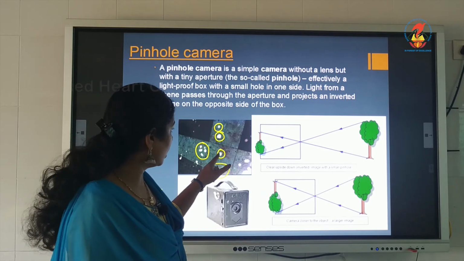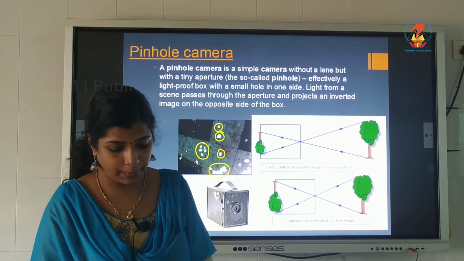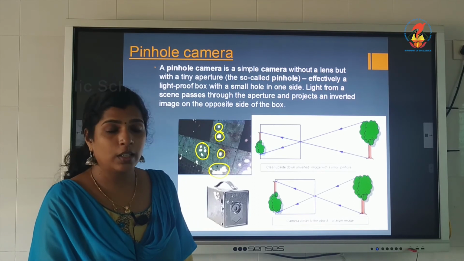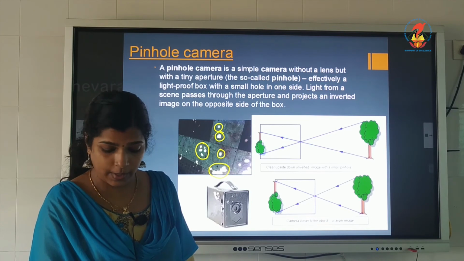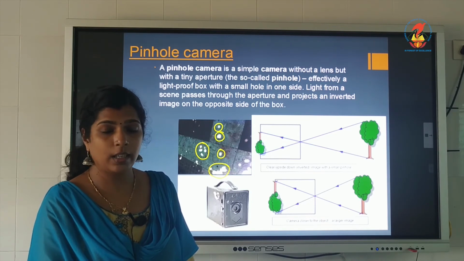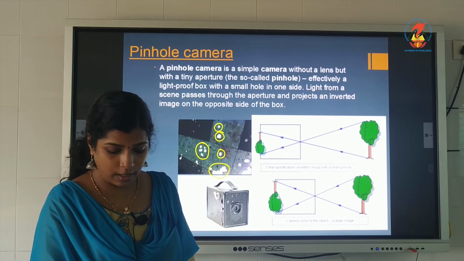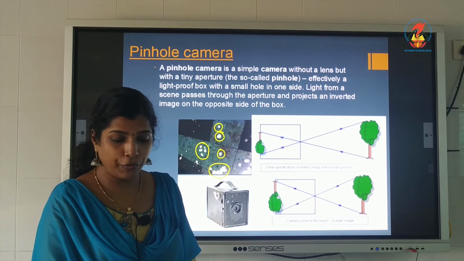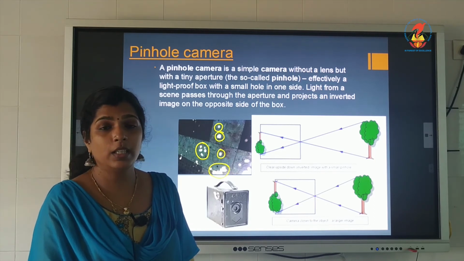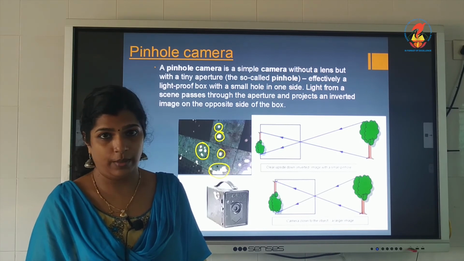This is because the small holes between the cluster of the leaves act as pinholes, and the light coming from the sun passes through these natural pinholes to form bright circular images of the sun on the ground below the tree.